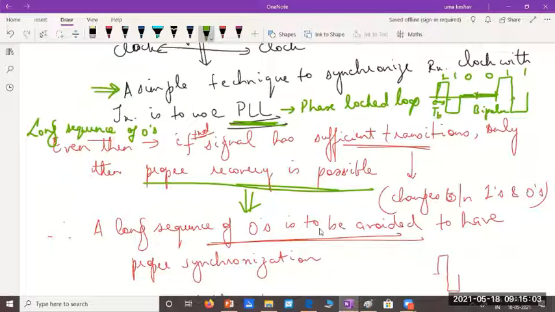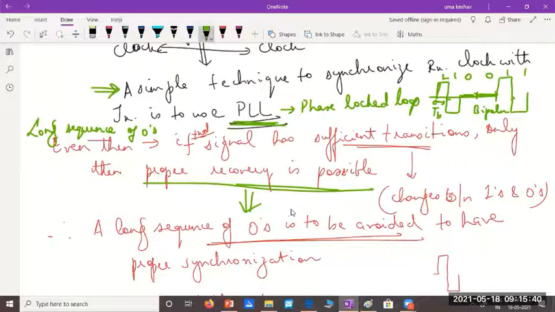But again, remember, this is not in our control. If the voice or image or video which we are transmitting generates a long sequence of zeros, it's a random process, right? It is not in our control that we won't generate a long sequence of zeros. But what we can do is scan the message for a long sequence of zeros, and whenever it is seen, we will avoid sending it as a long sequence of zeros.